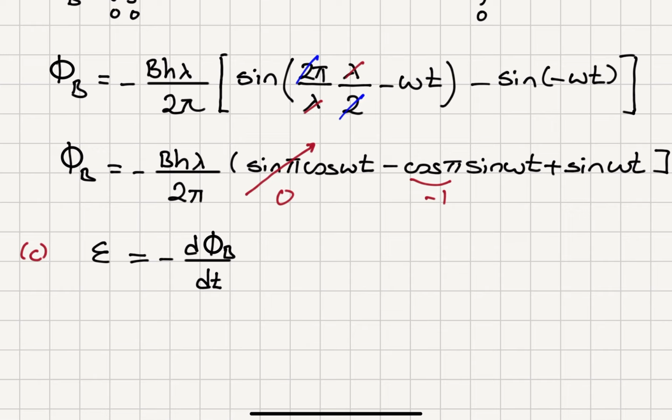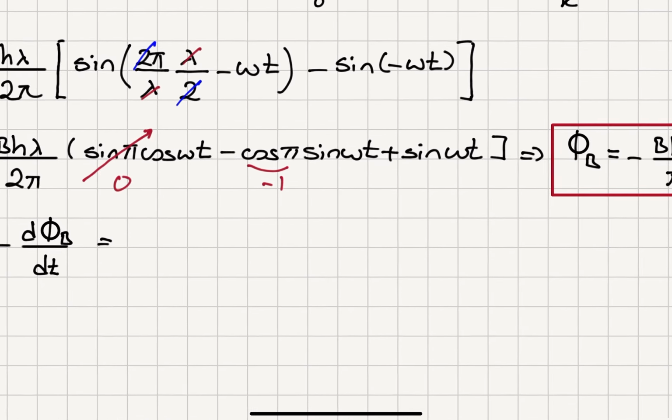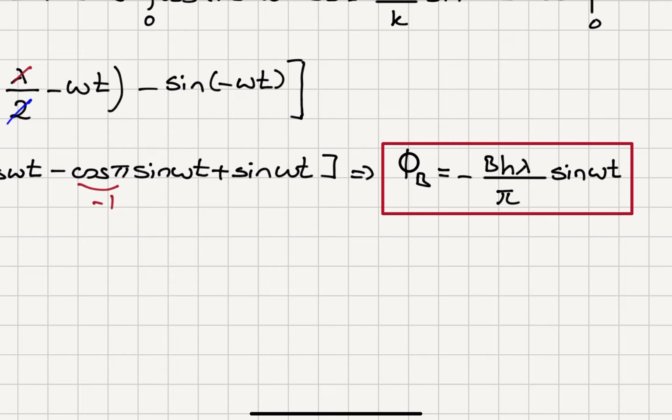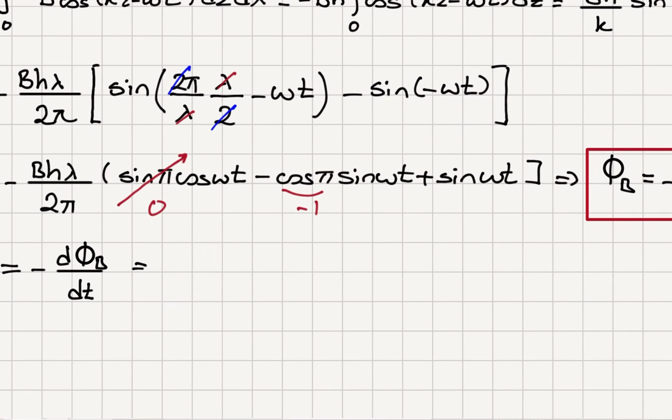And if I look at my answer here, if I take a time derivative, I will obtain an omega. The sine will turn into a cosine, and there's a minus sign here. So a minus sign and minus sign will become plus. Then I will have